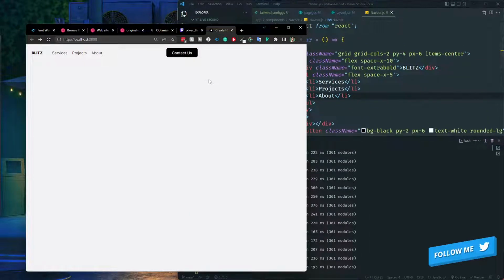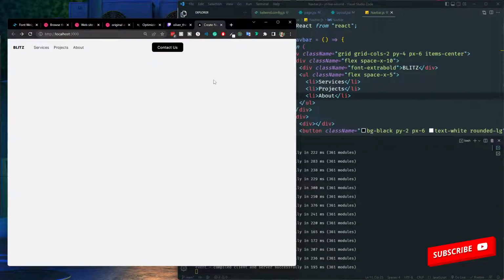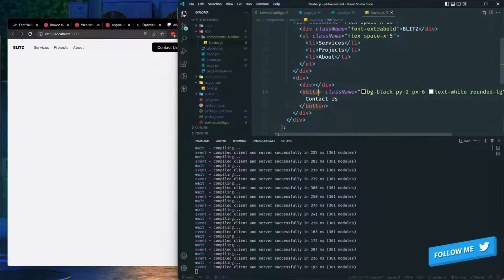Alright, so I have that. So one other part about Tailwind is that we don't have to use hover or anything. So when you add this button, Tailwind already